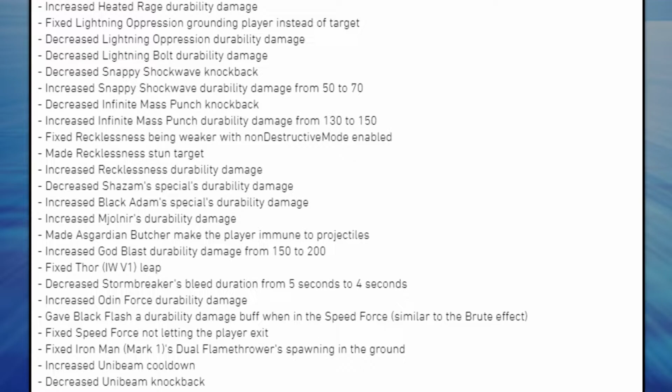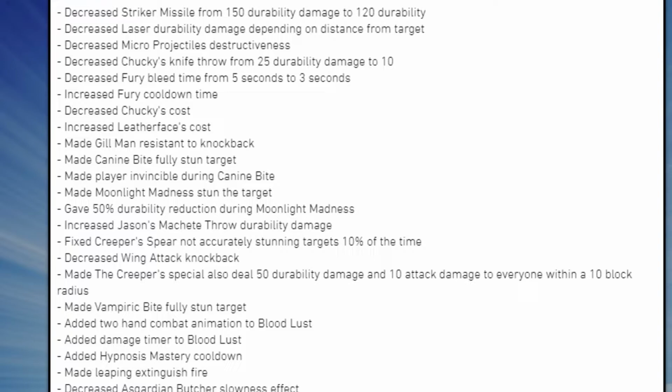bleed duration from 5 seconds to 4 seconds, increased Odin Force durability damage, gave Black Flash a durability damage buff when in the Speed Force similar to Brute Effect, fixed Speed Force not letting the player exit, fixed Iron Man Mark 1's dual flamethrowers spawning on the ground, increased Unibeam cooldown, decreased Unibeam knockback, decreased Striker Missile from 150 durability damage to 120 durability, decreased laser durability damage depending on distance from target, decreased micro-projectiles destructiveness, decreased Chucky's knife throw